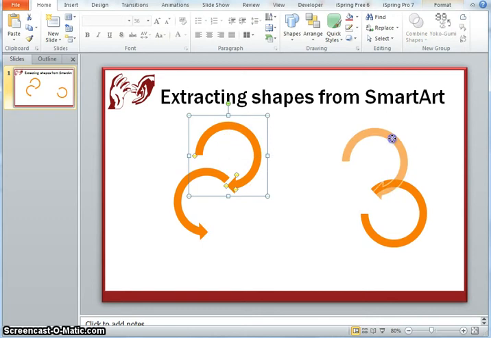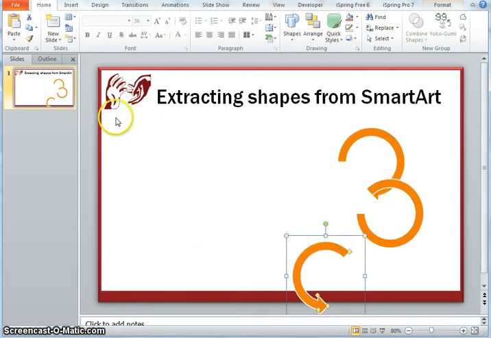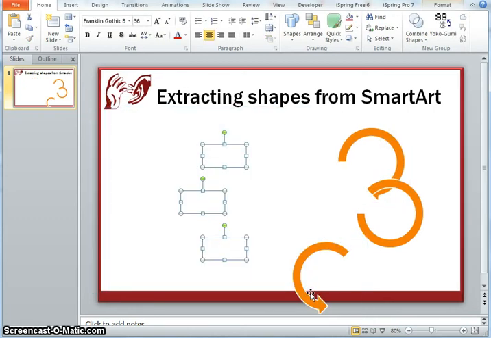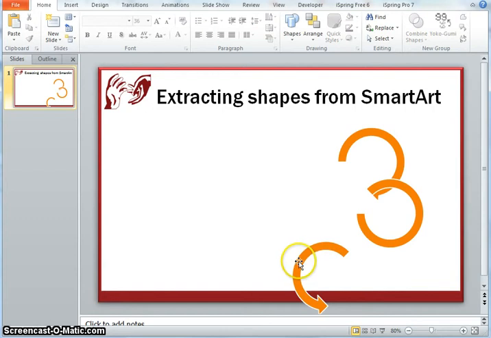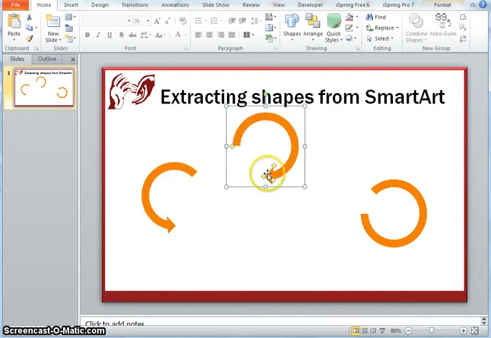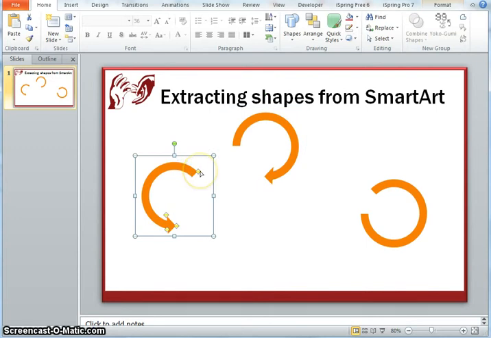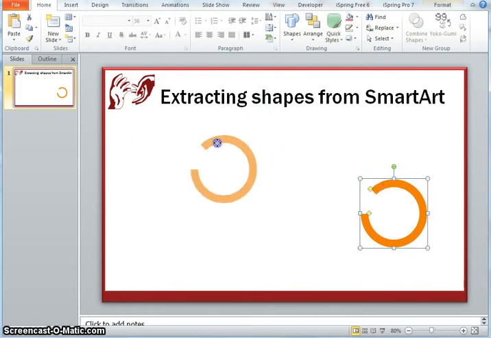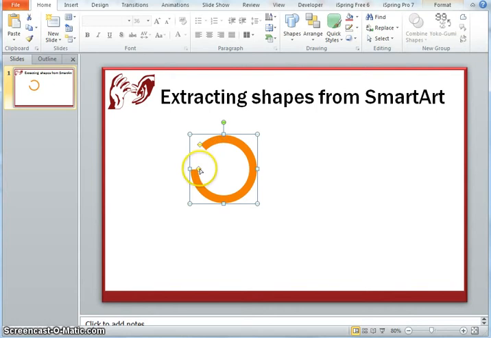So all the objects within that SmartArt are now ungrouped for using individually. I can now pull these pieces apart and use them. If I select them all, there are some text pieces which I can delete. Now, as you can see, they can all be used as independent objects, which are auto shapes, and all of them again have their individual yellow handles. So I will not work with these two arrows, but work with this half circle, semicircle, whatever you want to call it.